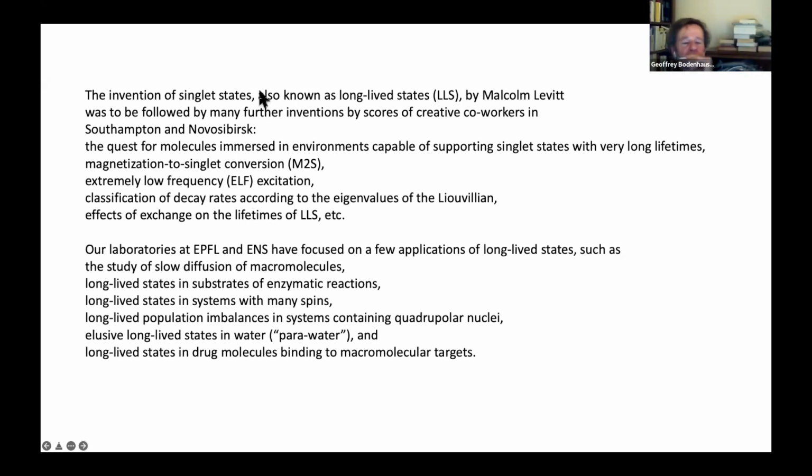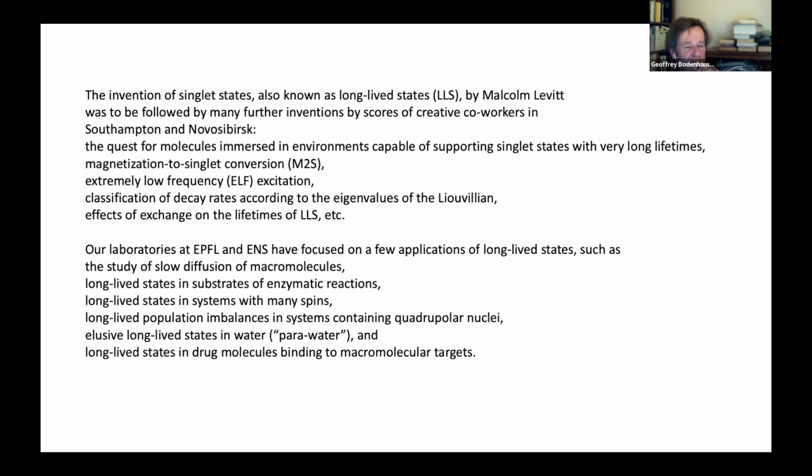Well, we have tried. We, meaning basically only one person, Diego Carnevale, spent at least a year of his precious life trying to excite long-lived states and also long-lived coherences in solids. There are many obstacles. You can imagine internuclear dipole-dipole interaction and other things. And also the problem is that in solids, typically you have to decouple the protons while you're observing the carbons. And of course, you cannot decouple the protons for very long before the probe goes up in smoke.